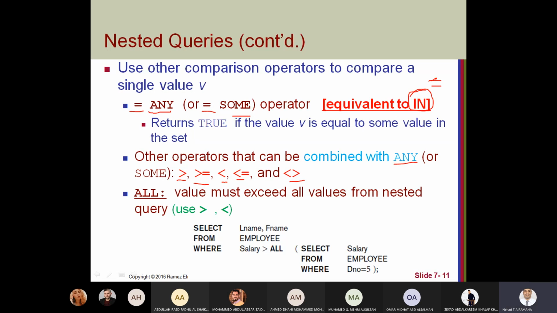Like if we said return employee, okay, with the salary more than any other employee. Okay, let's write this query.